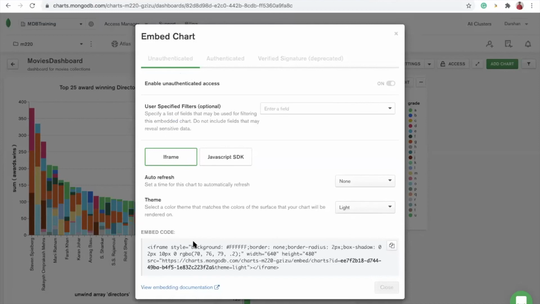And then here I will get the iframe code, where I can embed this in any of my web pages. For now, I will just copy this embed chart into my web page where I have created the Atlas search.